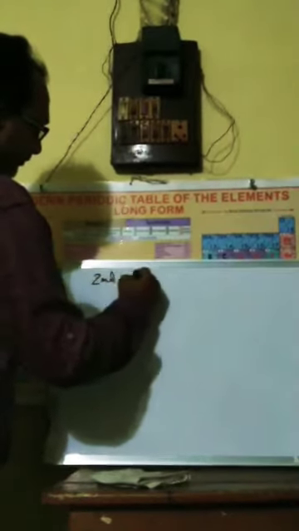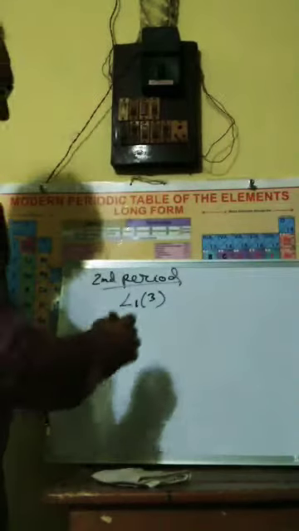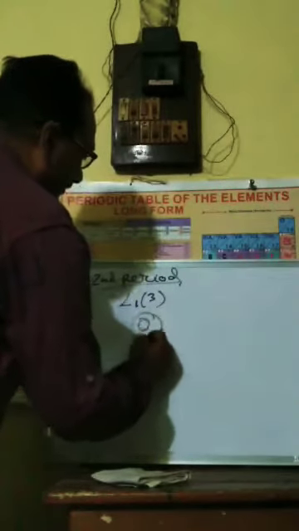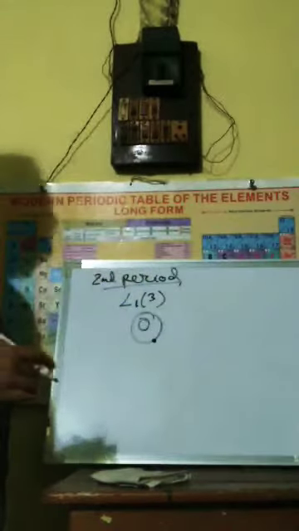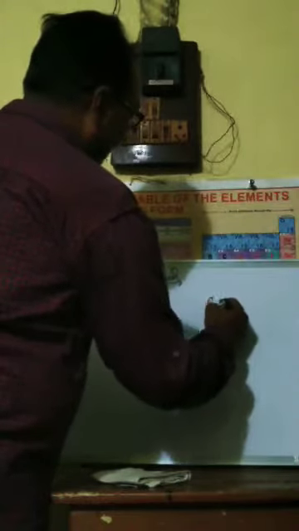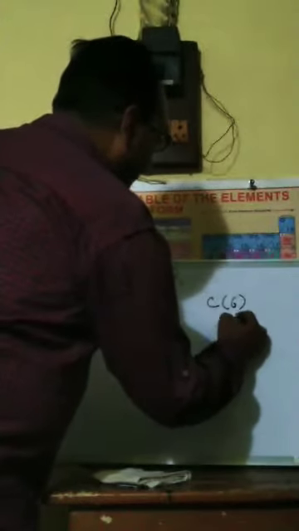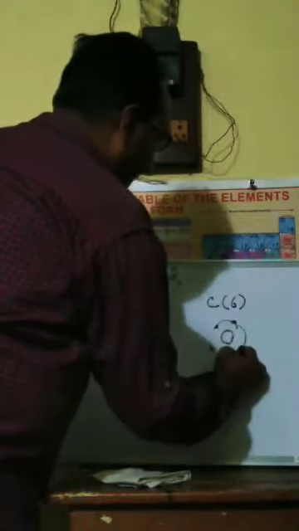We take one or two examples. First we take the example of lithium. We are talking about the second period elements. The first element is lithium, which has three electrons. Here it is one electron in the outer shell. Then we take carbon in between, with 6 electrons, so outside it has 4 electrons.